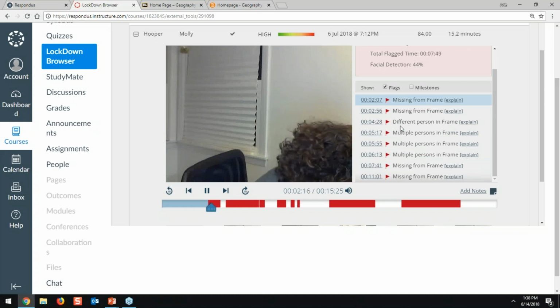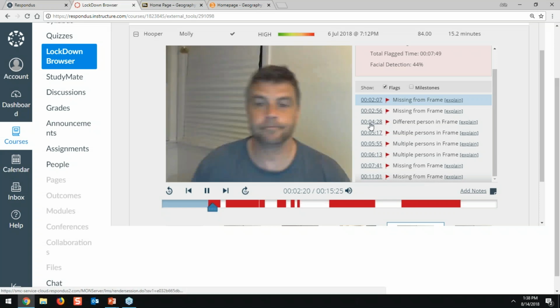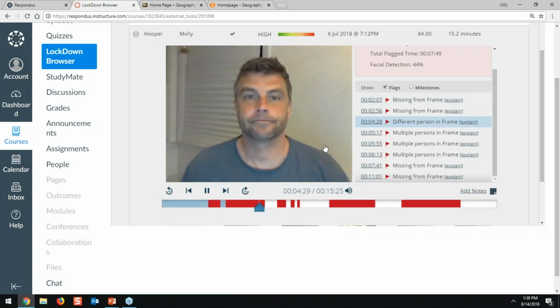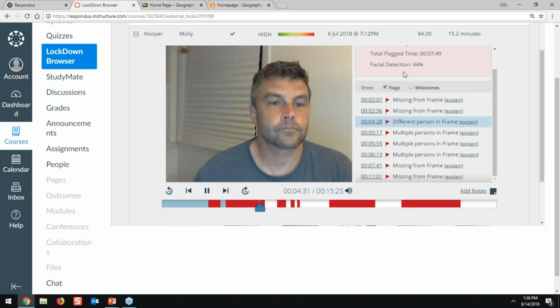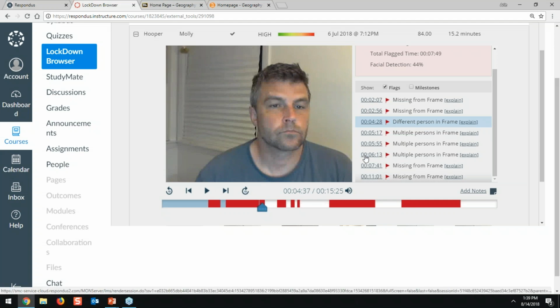But there's also flags for things like different person in frame, which means that it's a different face than the person who started the test, because we're not just doing facial detection, we're doing a little bit of facial recognition as well. So clearly, this is someone else taking this test, probably not above board, unless you were giving collaborative exams, I'm not sure. So you can quickly click on the flags and see that point in time in the